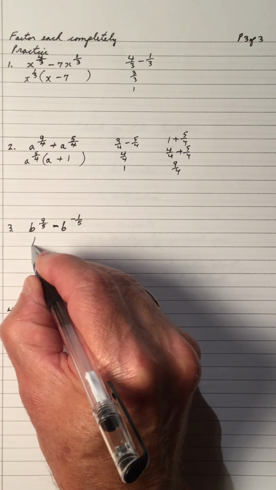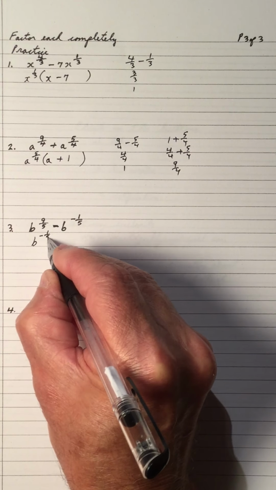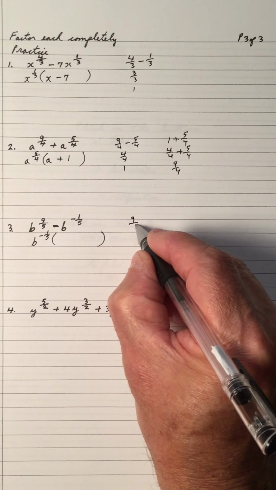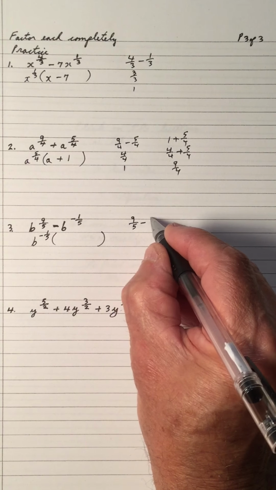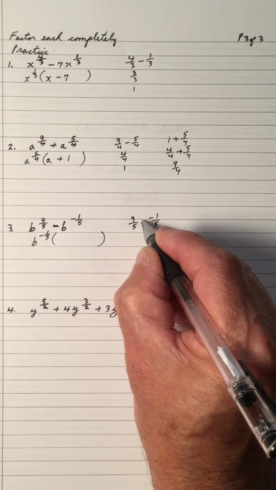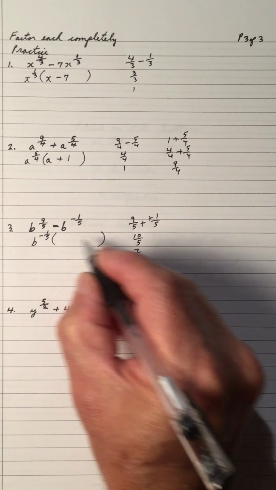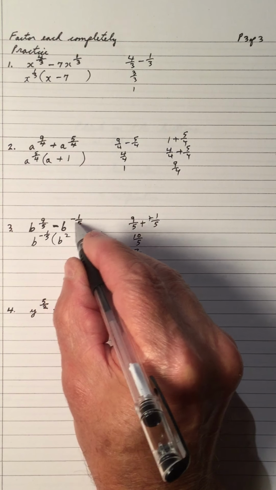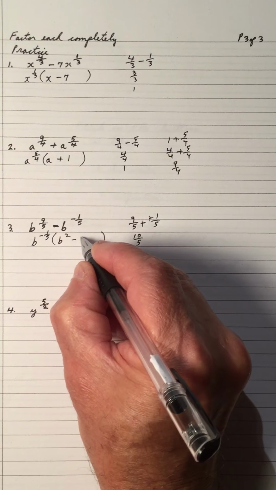Number 3, b is the base, and the smallest exponent is -1/5. That's the GCF. So we have 9 over 5, and we're dividing, so you subtract the -1/5, double negative is positive, so that's 10 over 5, which is 2. So that's b squared, and b to the -1/5 divided by b to the -1/5 is -1,